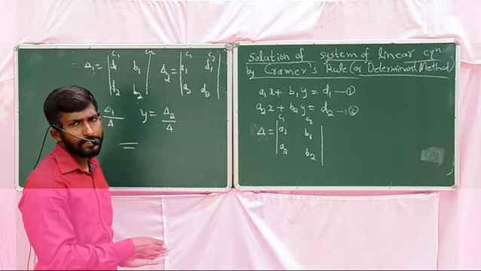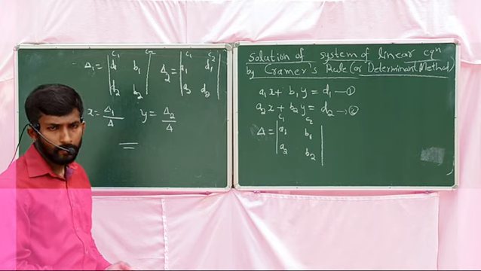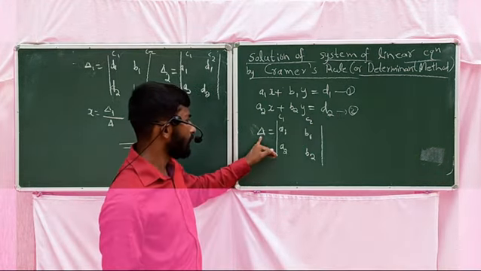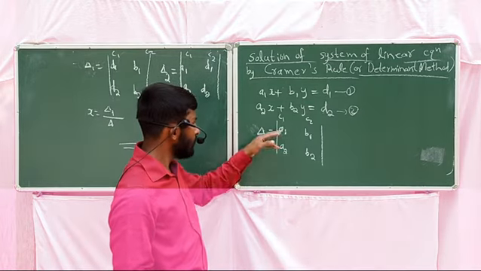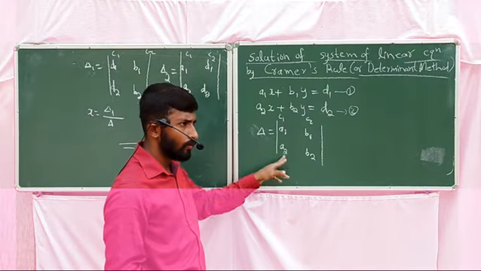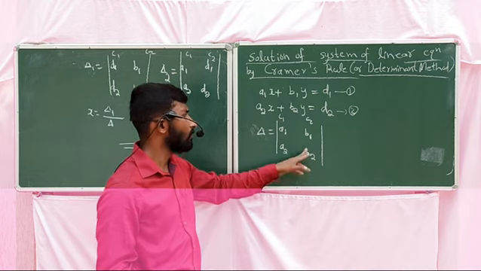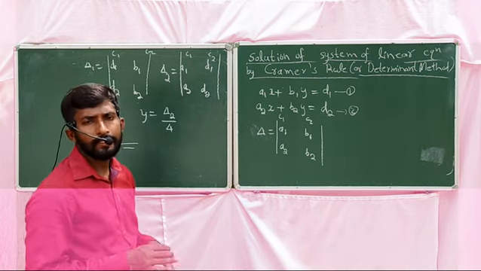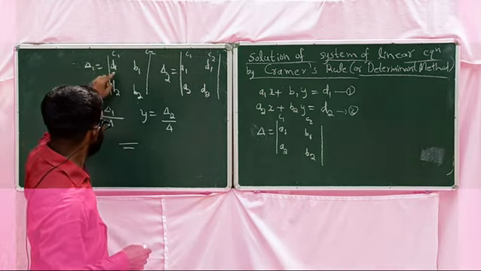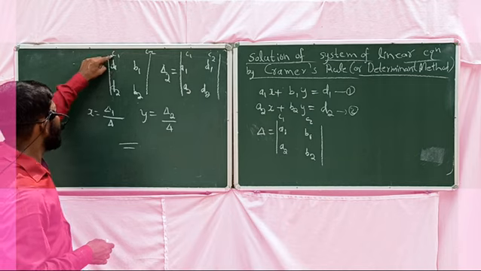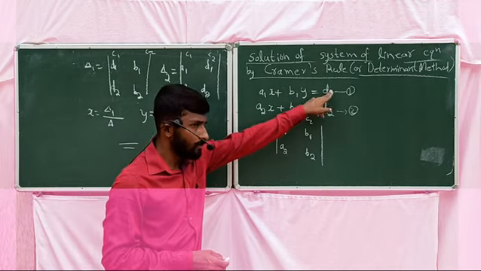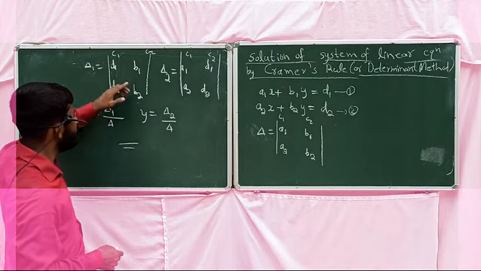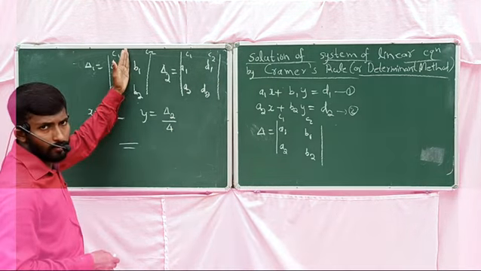That time we will get LHS equal to RHS. Once again, see, one system of linear equations is given. First write the determinant delta, that is, in column 1 write the coefficients of x, in column 2 write the coefficients of y. Next find one more value, that is delta 1. Delta 1 is obtained by replacing column 1 with the constant terms d1, d2; column 2 entries remain the same, that is, the coefficients of y.